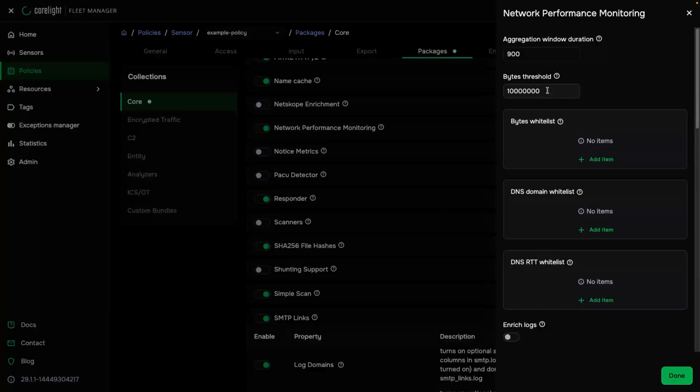So when a host's byte volume exceeds the 10 megabytes we have set here, the sensor will open a 15-minute or 900-second aggregation window. And during this window, the NetPerf package will track and aggregate statistics for this specific entity across all Zeek workers in the cluster. In this case, you'll get additional logs such as the total bytes sent and the total bytes received during this